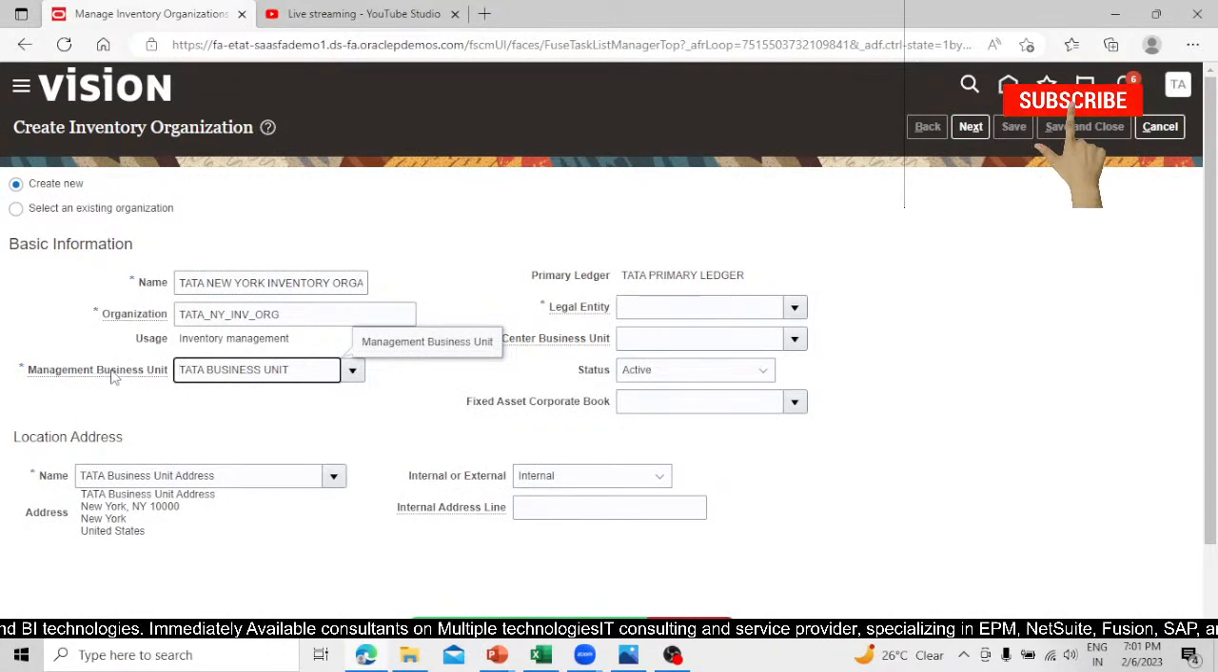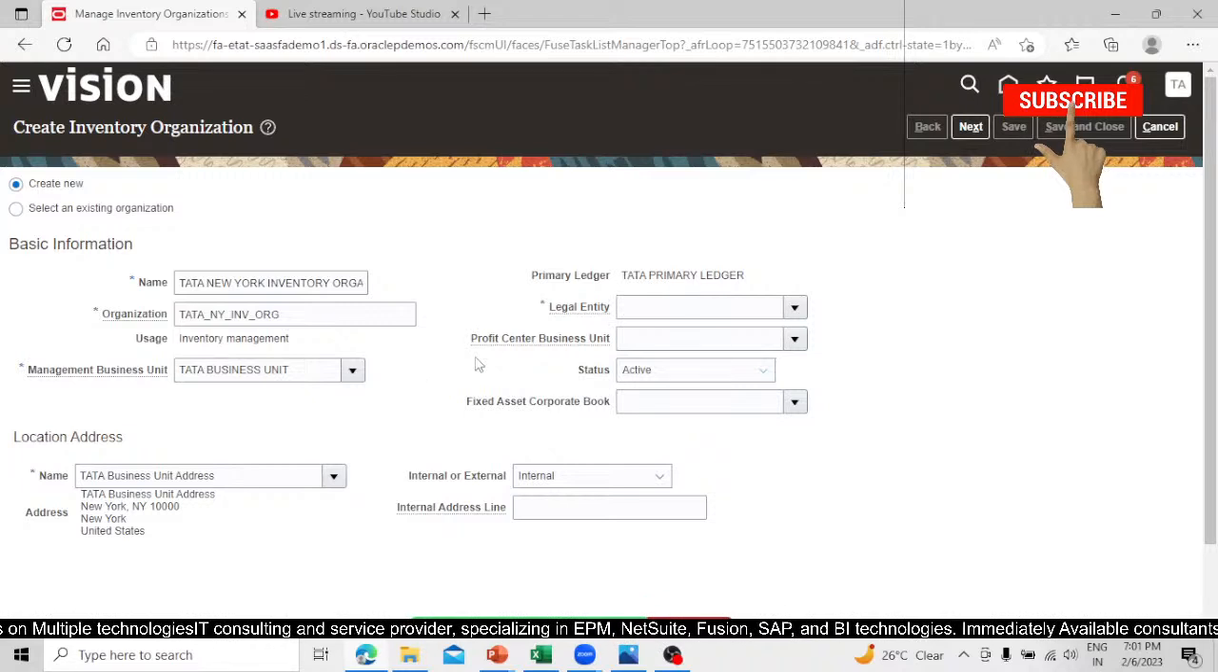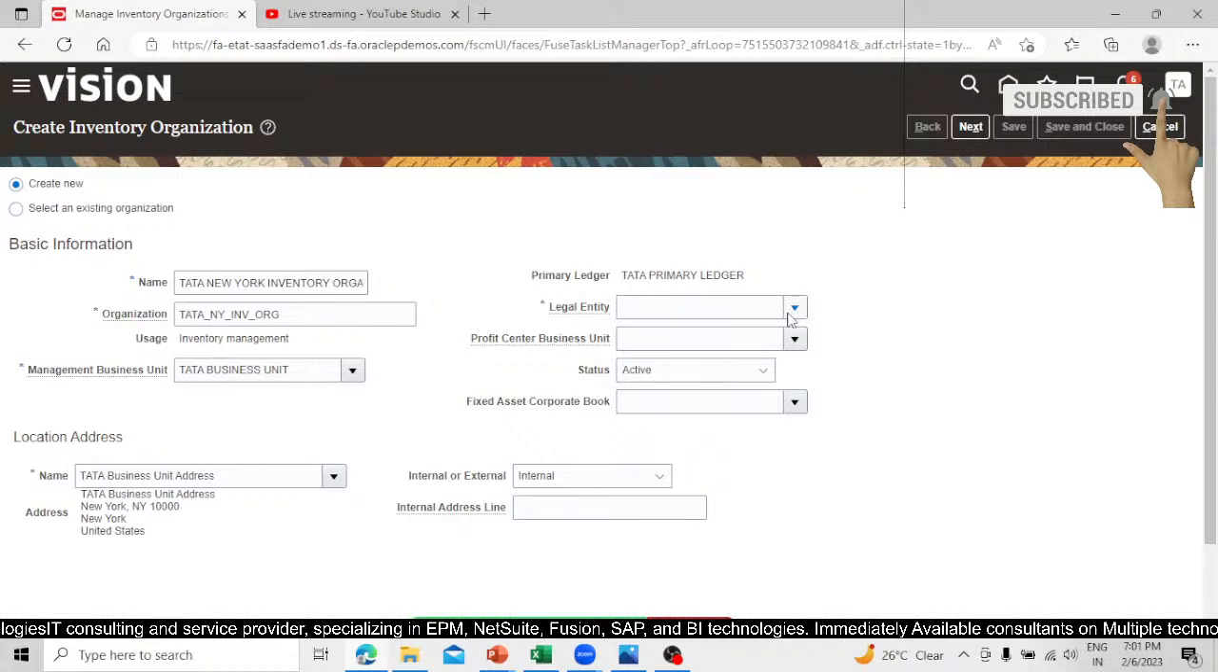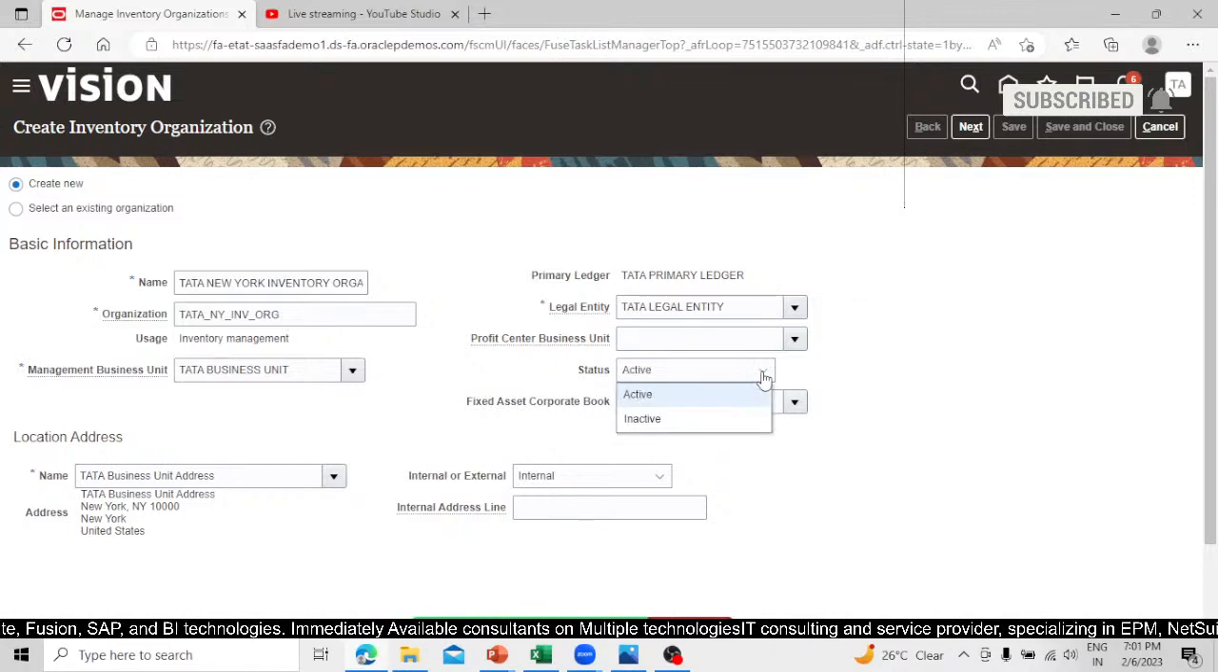And based on the information of the business unit, the primary ledger information comes over here, because both are mapped. The business unit maps with the primary ledger. Let's select the legal entity we have already created, this Tata legal entity. And you can define the profit business unit also over here, and we have the status option, active, inactive,